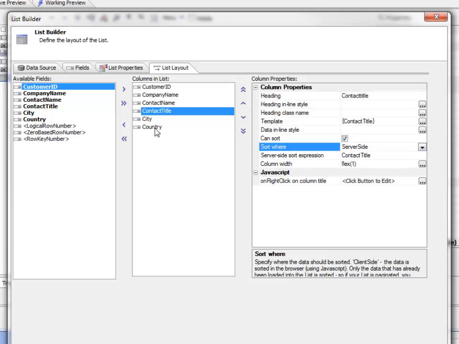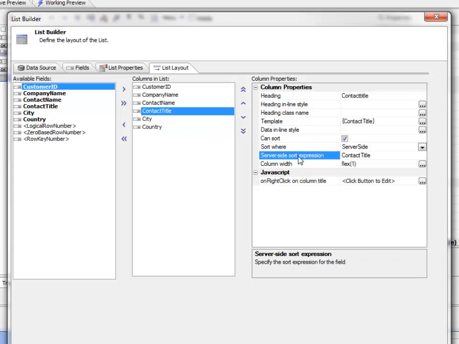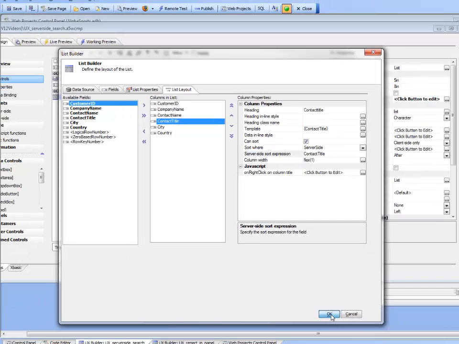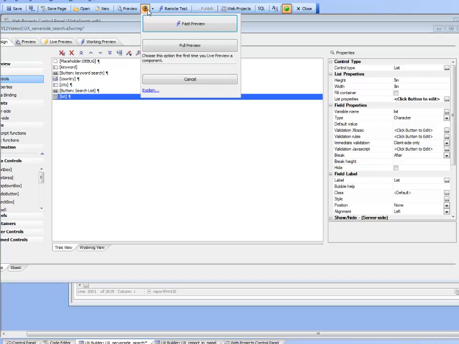So when you change the sort location from client side to server side, you can actually specify what the sort expression is. So in this case, the sort expression has been picked up automatically, and we're using the column name in the customer table, but you can specify actually any column that you want, including, for example, additional columns, so that you can do a multi-level sort. So let's go now and save this now,